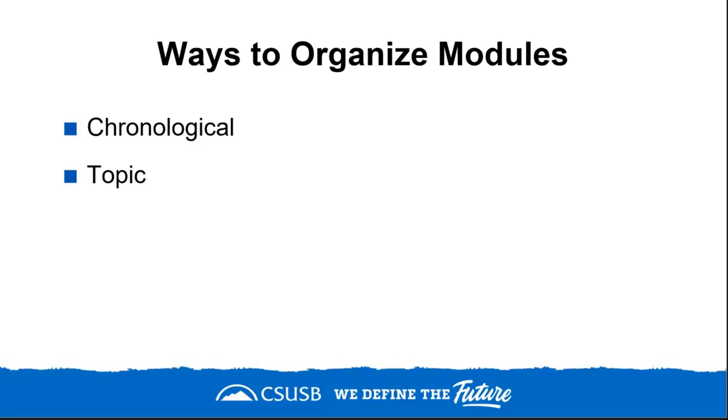Second, topic or unit organization. Organizing by topic is another way to structure your Canvas course. For example, a history course studying the Civil War could have separate